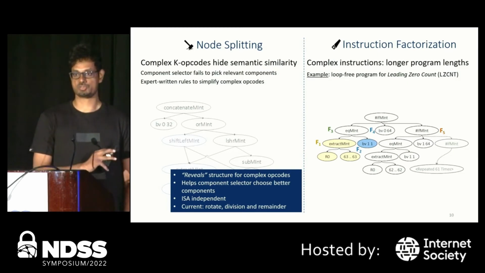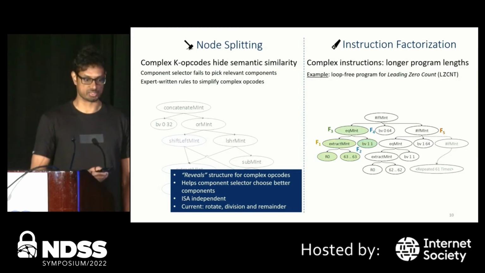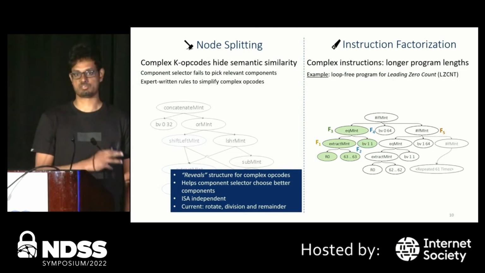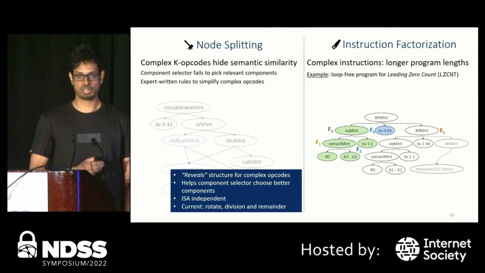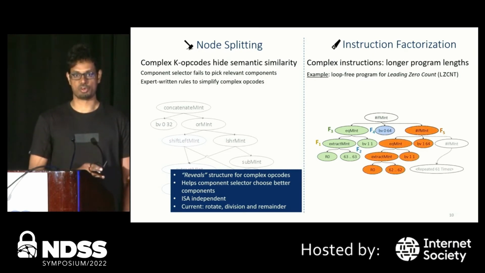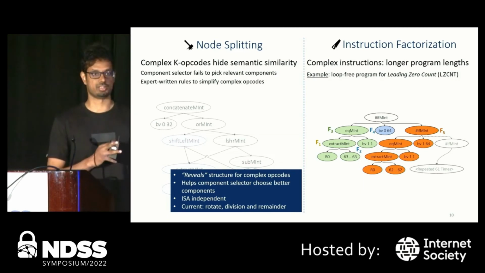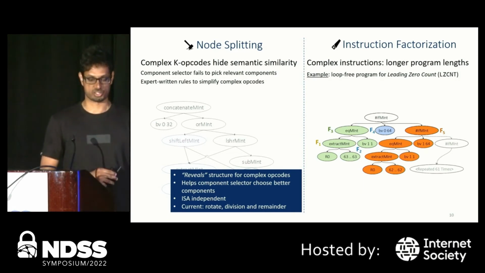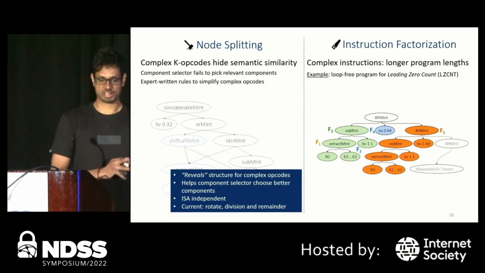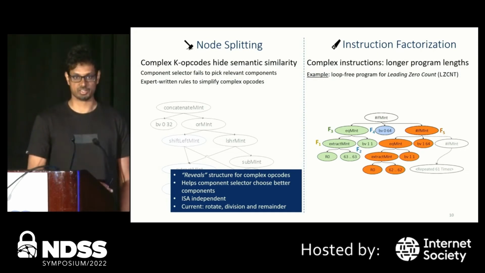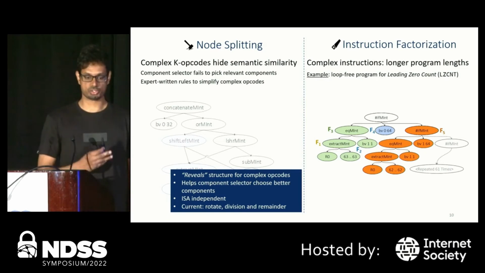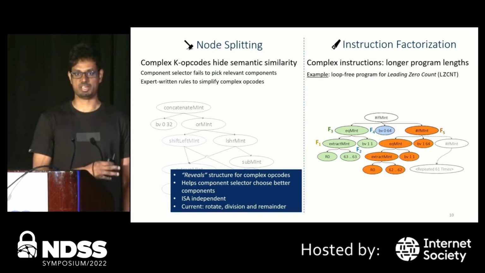Once we have the solutions for F1 and F2, we go up to its parent, which is the factor F3, and we synthesize F3 using the solutions for F1 and F2. Similarly, we build up the solutions for F4 and F5, and once we have the solutions for F3, F4, and F5, we use these solutions to generate the translation for the original large complex instruction. So instruction factorization allows us to synthesize many short translations and then combine the solutions together to form the solution for a very large complex instruction that may need a large translation length.